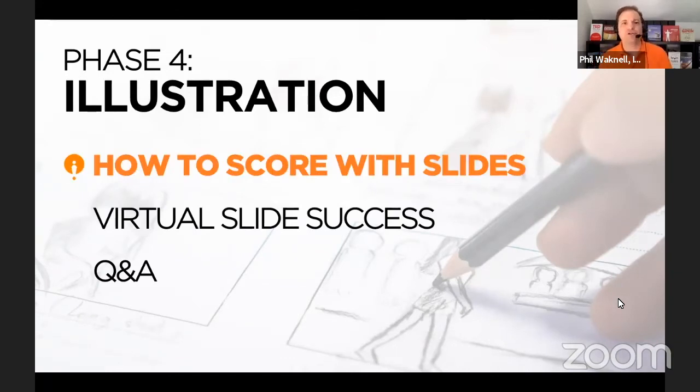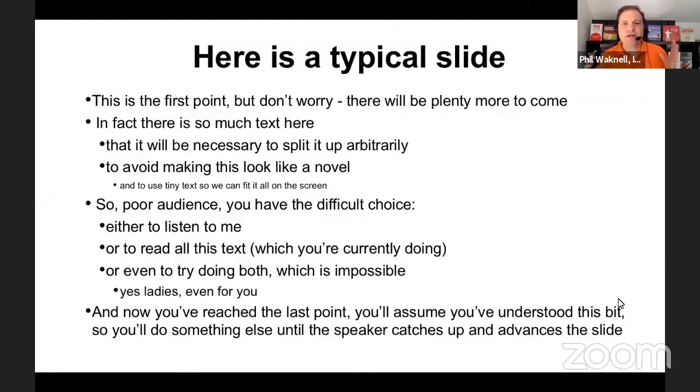It's very important first to understand what we don't do. This is the kind of slide which you see far too often. And this is exactly the kind of slide that I think it was Sam was talking about earlier on, where there's so much text and the speaker is going to probably just read all of this text. But the difficulty is that the audience is going to read it and they can read faster than the speaker can. And so many of you live watching this now are probably actually reading this text instead of listening to me. Because if I put all of this text up there, then you need to choose either you listen or you read, or you maybe try and do both. And I need to choose, do I just read it to you?